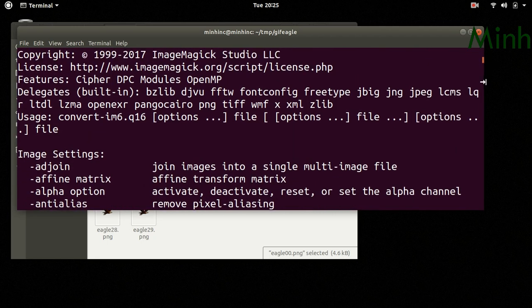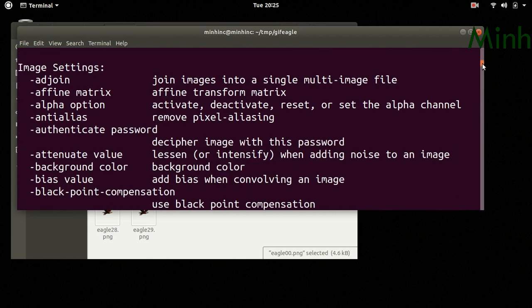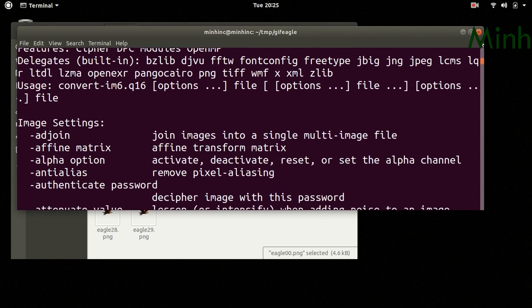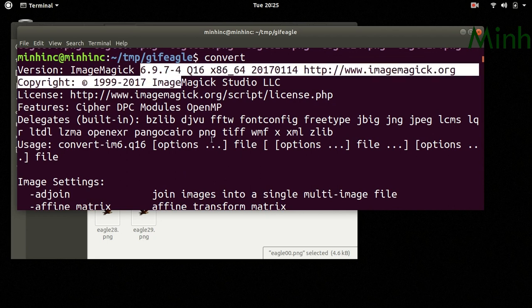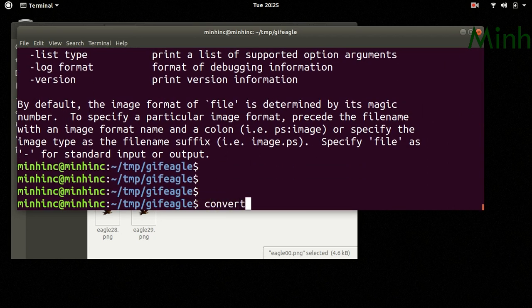We are using ImageMagick version 6.9.7. So convert we have to type.